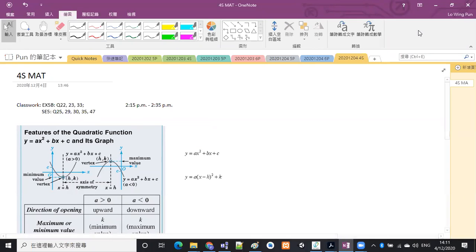好，請你而家做一做，然之後 upload 上去嗰個 MathApp 嗰度啊。咁跟住我會逐題同你對嘅。